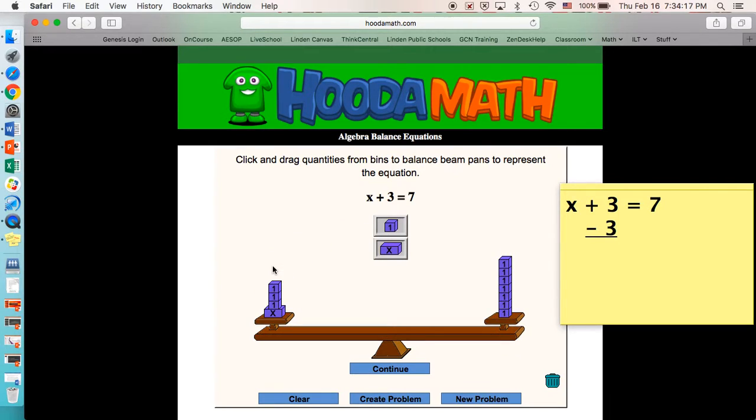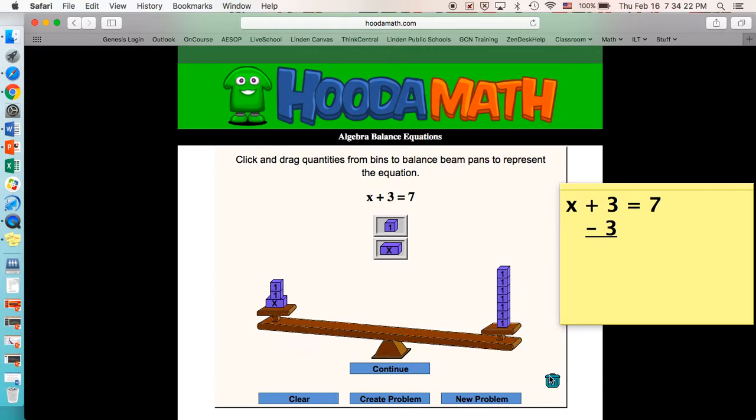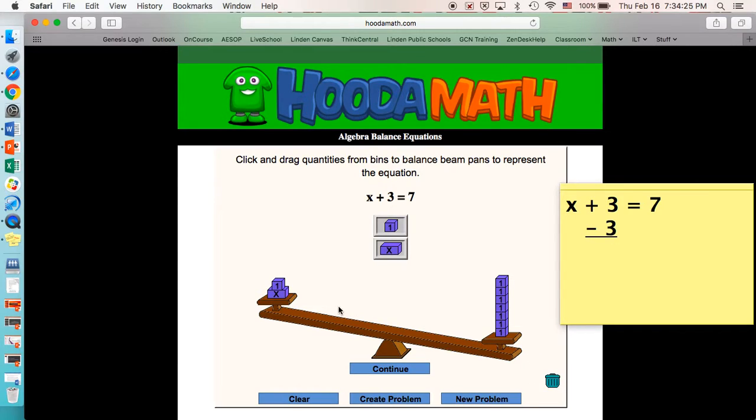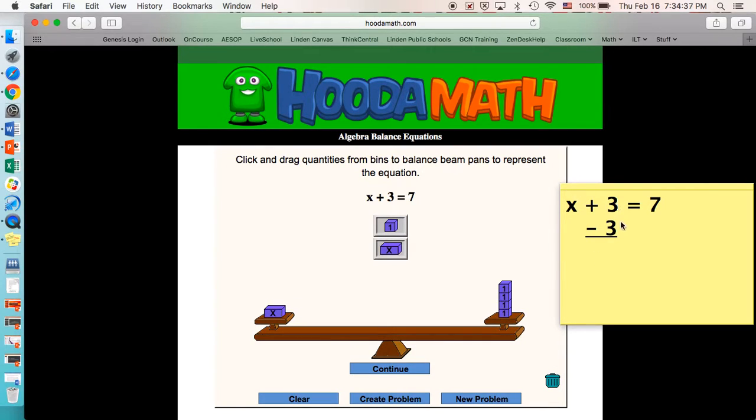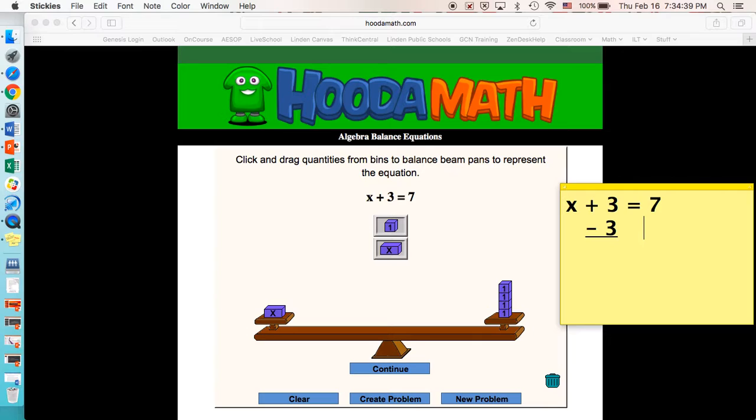So what I can do is, if I'm taking away 3 on one side of the balance, maybe if I take 3 away from the other side, and lo and behold, it's balanced. And if you notice what I'm doing, I now have the x by itself, and we see that it's equal to 1, 2, 3,